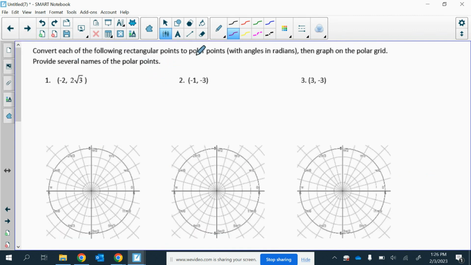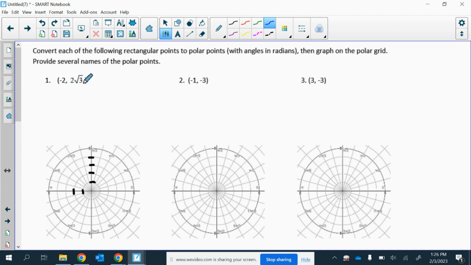Now let's convert 6 more points and call it a day. These are from rectangular to polar. So if I'm going to plot negative 2, 2 root 3, well, I could go negative 2 to root 3 and try and guess where 2 root 3 is. Or what I could do is I could end up